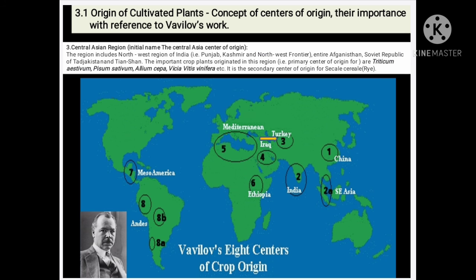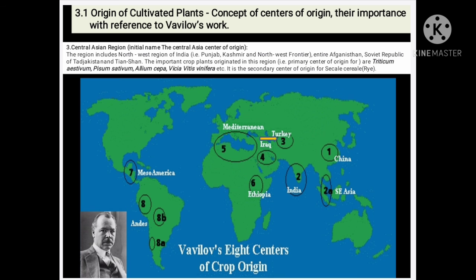After completion of the second center, the third center is the Central Asian region, initially named the Central Asian Center of Origin. While you observe the map, the number 3 is the Central Asian region. The region includes the northwest region of India, that is Punjab, Kashmir, northwest frontier, along with entire Afghanistan, the Soviet Republic of Tajikistan, and Tien Shan. The important crop plants originated in this region are Triticum aestivum, Pisum sativum, Allium cepa, Vicia, Vitis vinifera, etc. It is the secondary center of origin for